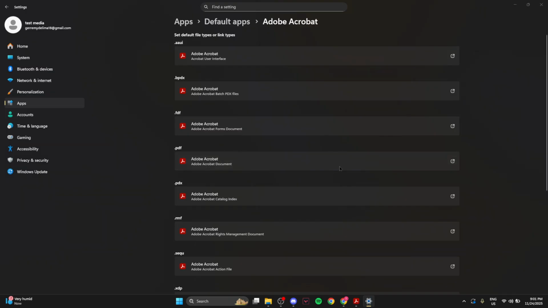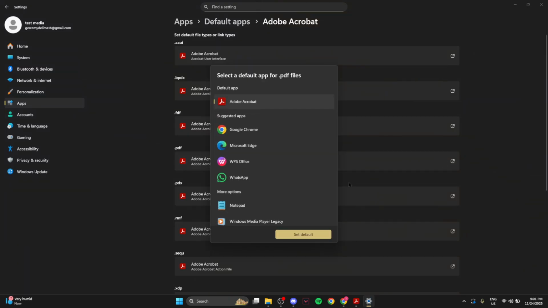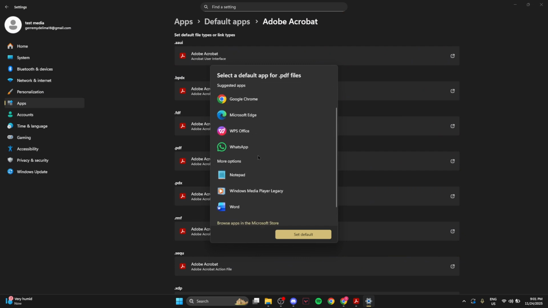Click on the app shown next to .pdf and a list of available PDF readers will appear. From this list, you will need to select Adobe Acrobat Reader. If Adobe Reader is not listed, make sure it is installed on your device as it's essential to see it as an option here. Selecting Adobe Reader will instruct Windows to use it as the default application for all your